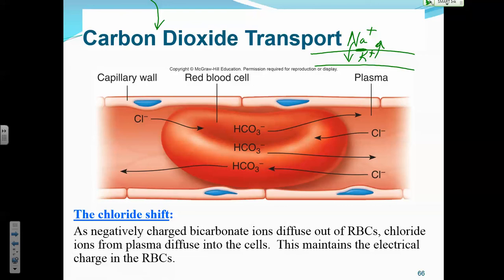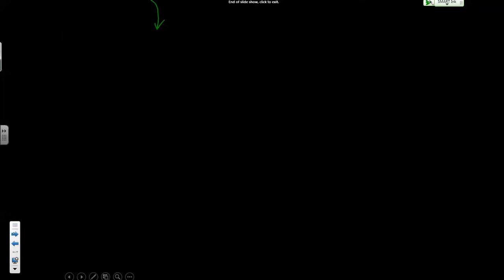And here's a classic example in your blood cells called the chloride shift. It has to do with the bicarbonate ion. When it's moving out of a red blood cell to go into your blood plasma, another negative ion moves in, and vice versa. If it moves in, then a negative ion is going to move out. And it's the chloride ion that correlates with that one. That's not on your test, but it's interesting to me. We see examples of that in other places too as we go through A&P.